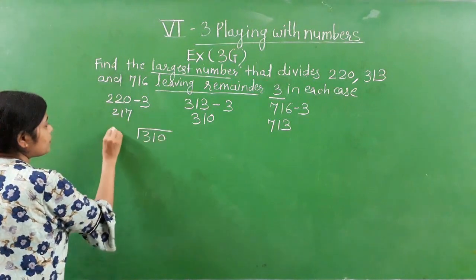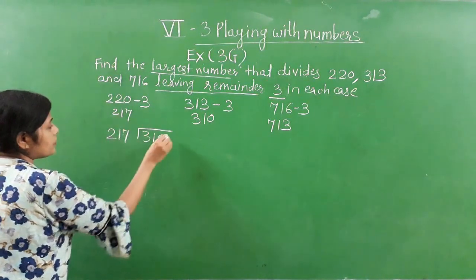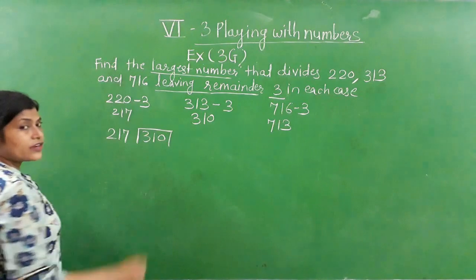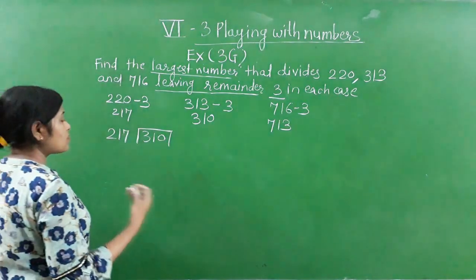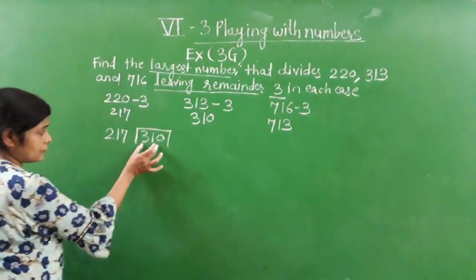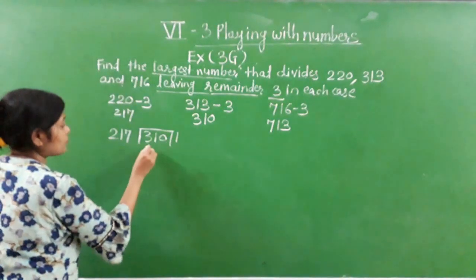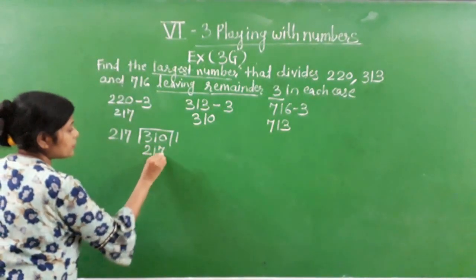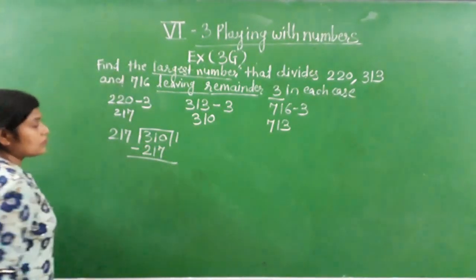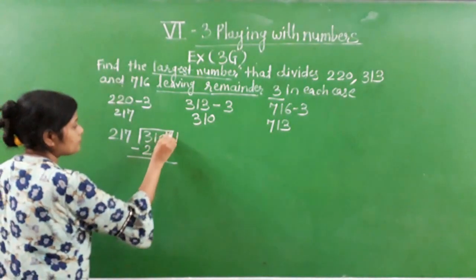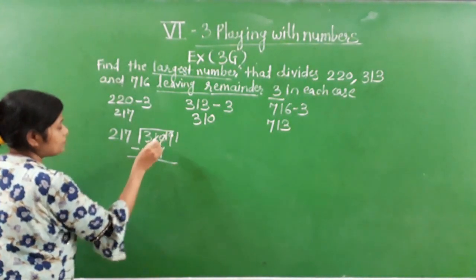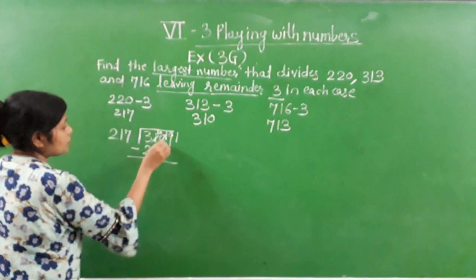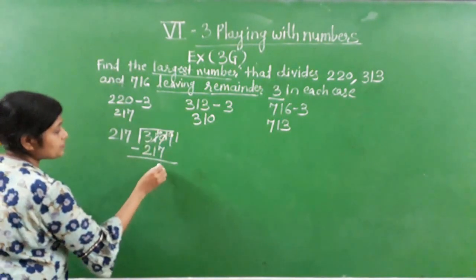Okay. So we'll take this number and this number first, and then in the second step we'll take the next number. So here we'll write 310 divided by 217. If we take 2s, we will get a number greater than this. So we'll take 1. So 217. Okay. So what will we get here? Here it will be 10. So 10 minus 7 is 3.